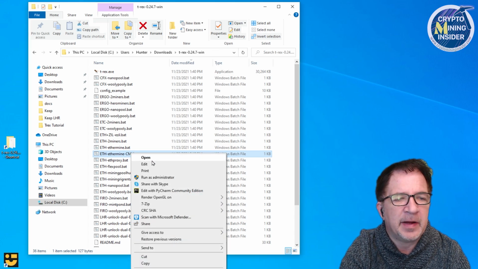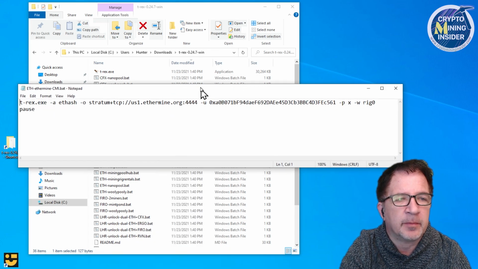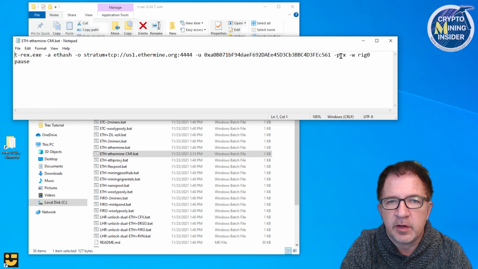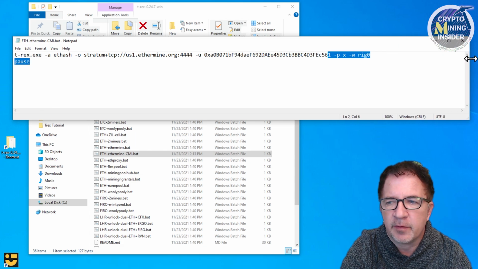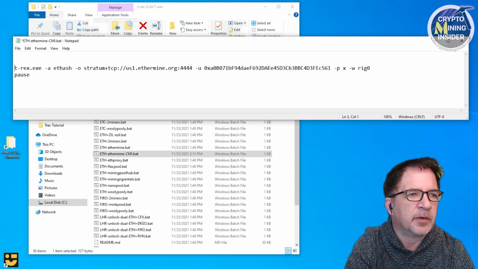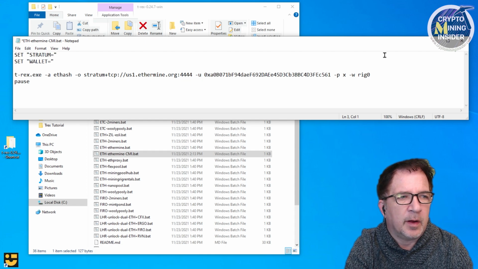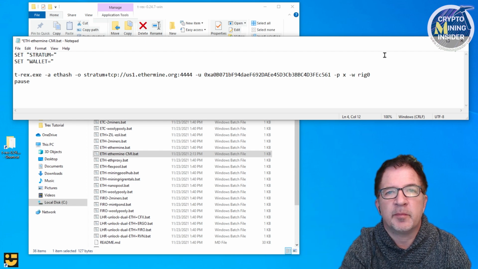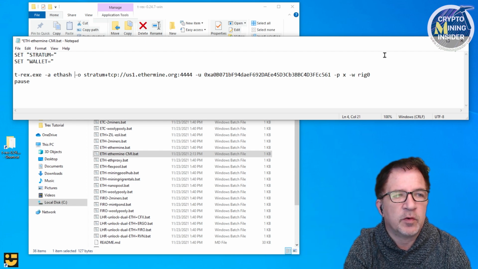I'm going to go back to my batch file and I'm going to edit this same file. We're going to have to put a lot more command lines in here. The problem is that we're not going to have enough space. To make things simple, I'm going to actually put in 2 variables up top. And these are just standard Windows variables. I'm going to be putting a copy of my batch template below in the description for you to follow along,